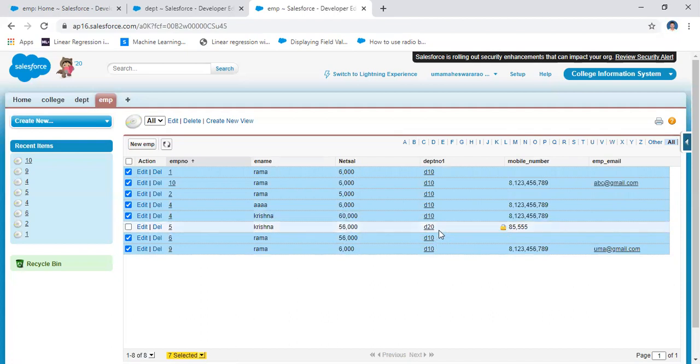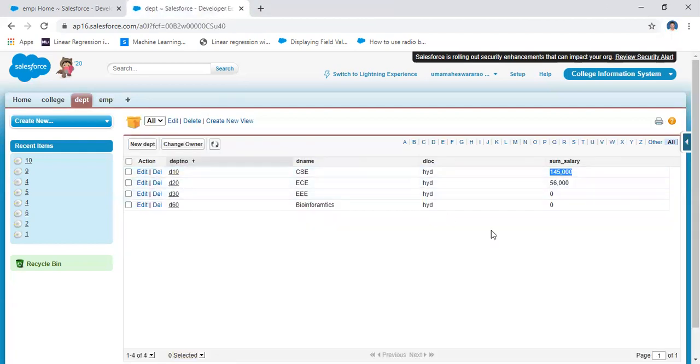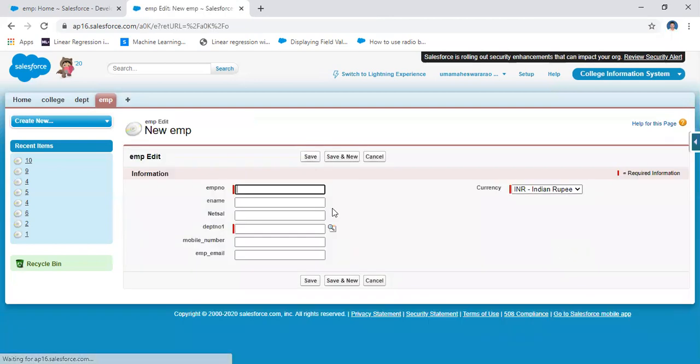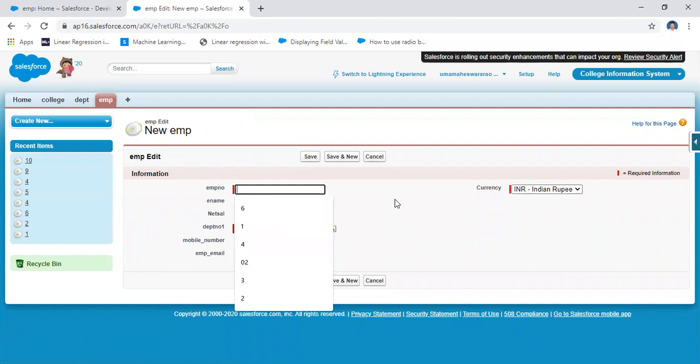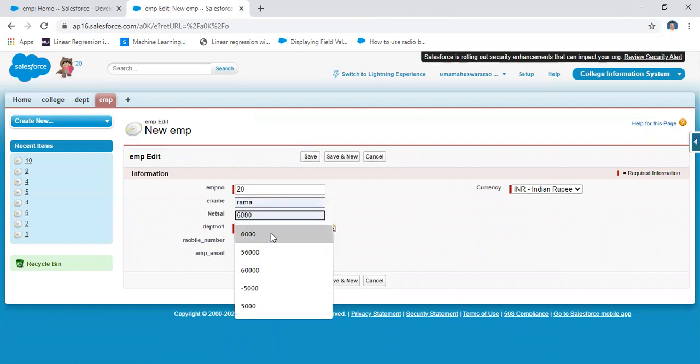If you want to add, you may add certain records. Department number 20 has only 56,000. Here I want to add some information for department number 20. Let us assume I want to add some information on employee. For example, add a new employee number 20, and then employee name, let us take anyone.